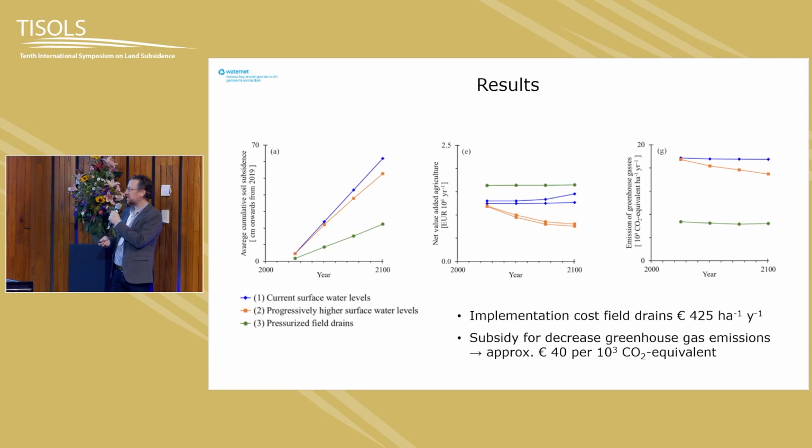You only need to tackle the implementation costs, around 425 euros per hectare per year, give or take. It depends if you choose a low-end or a high-end technology. And well, it's too much for a water authority or for a farmer to pay by itself. But if you consider it in the scope of mitigating